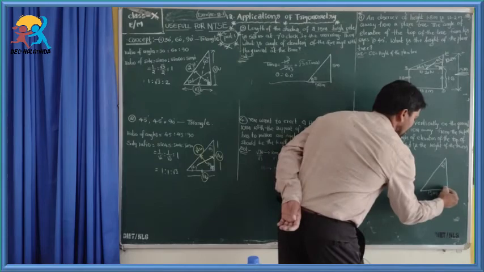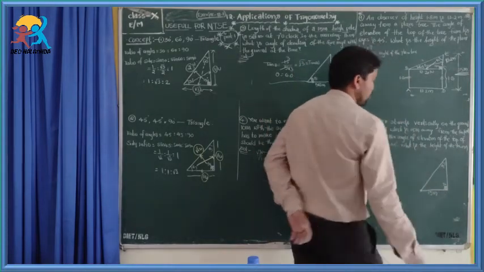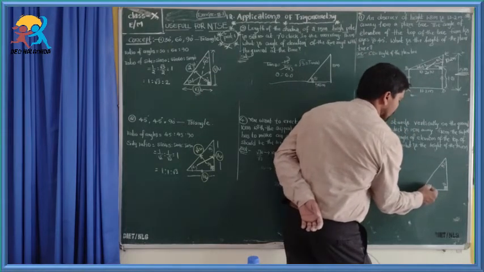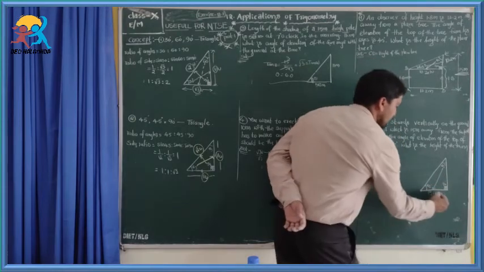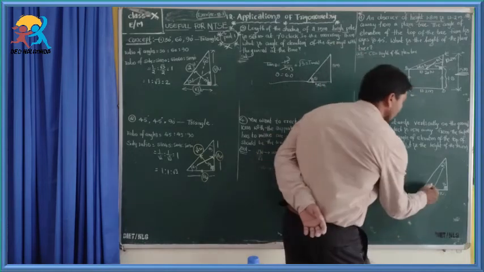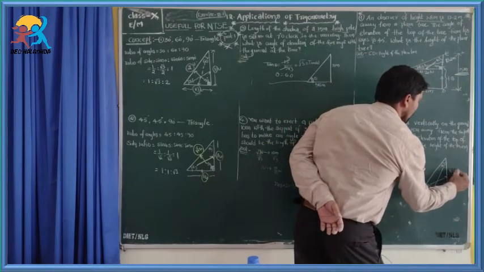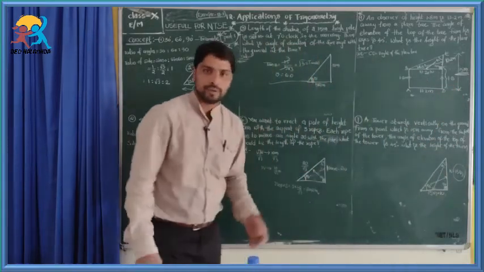Simply this is 90 degree. What we have to find? What is the height of the tower? To find height of the tower, let us make 3 angles. This is also 45 degree. But opposite side of 45 degree is 15 meter. This is 1 unit by this formula. So, opposite to this 45 degree, this is also 1 unit. What is the value of 1 unit? That is also 15 meter. Thus, height of the tower is 15 meter.